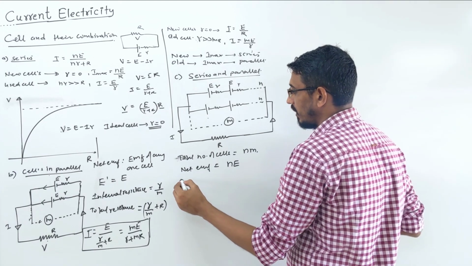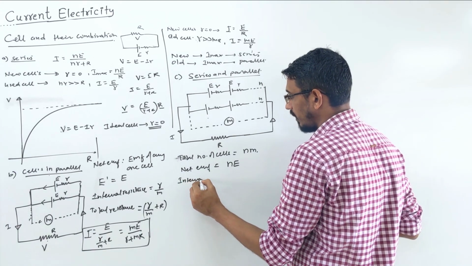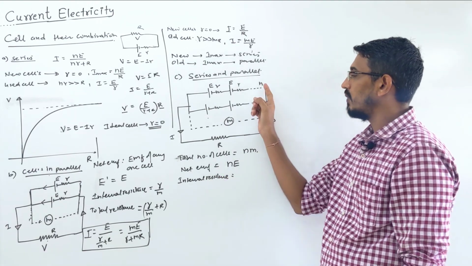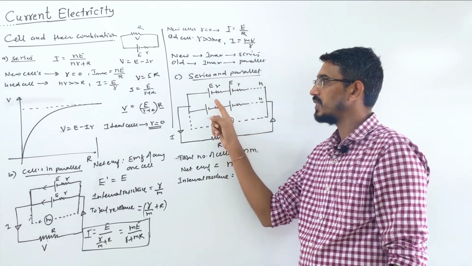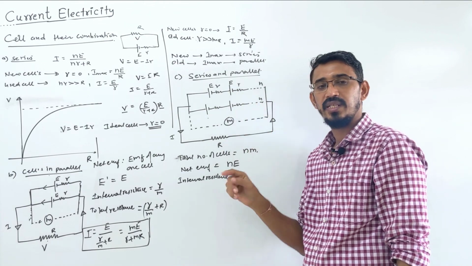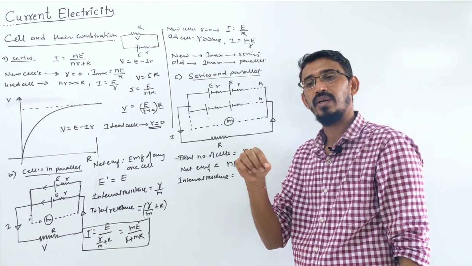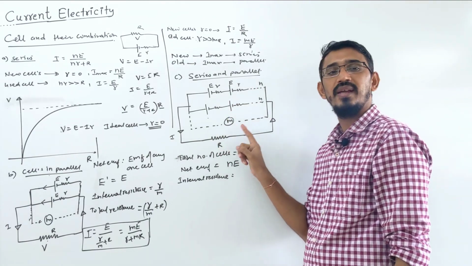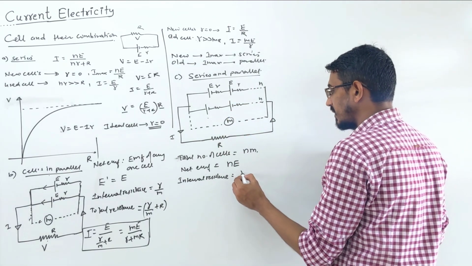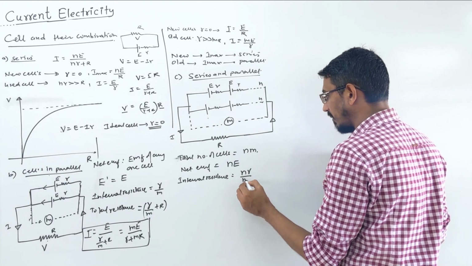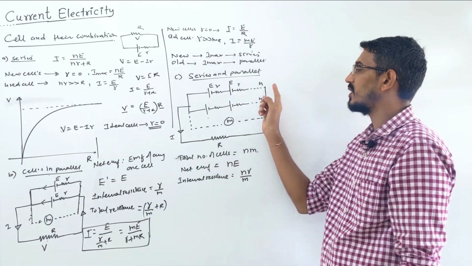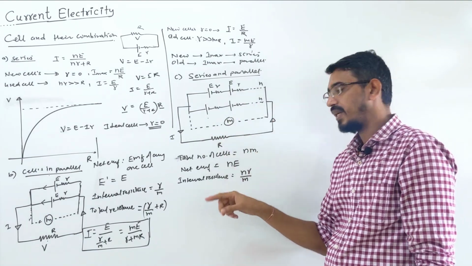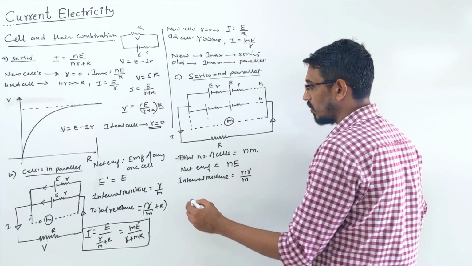Okay. Internal resistance is what? Watch carefully. Already we calculated for series: for one branch, all cells are connected in series, so the net resistance becomes small n into small r, nr. Now we have m branches in parallel, so the net resistance is nr by m. nr is the internal resistance of one branch, and similarly we have m branches in parallel. So the net internal resistance becomes nr by m.